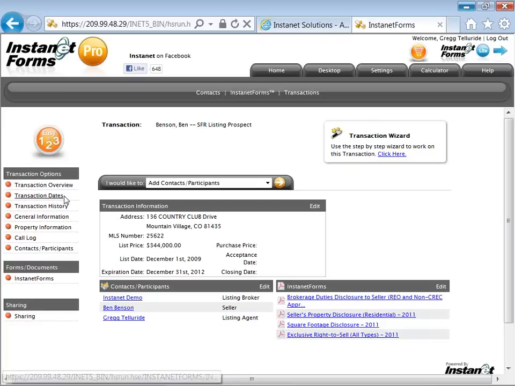We can go back now and add any dates. We can update those date fields as they become known. Transaction history may be worth the price of admission to online transaction management. Robust history of all of the activity that takes place within your online account, especially if you're granting participant access